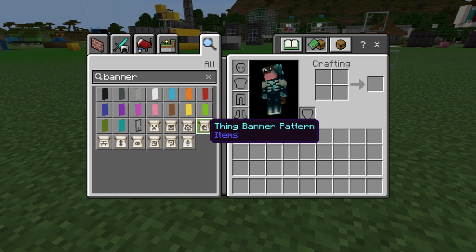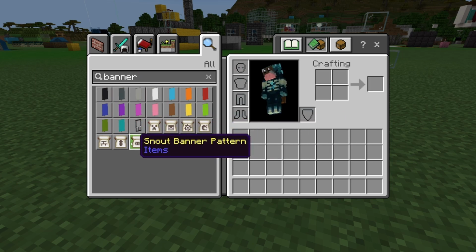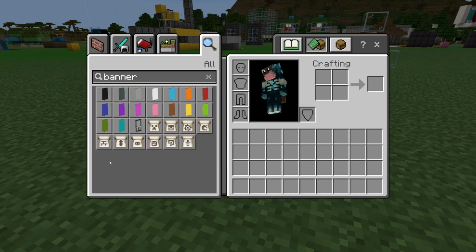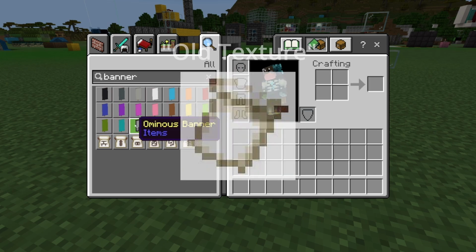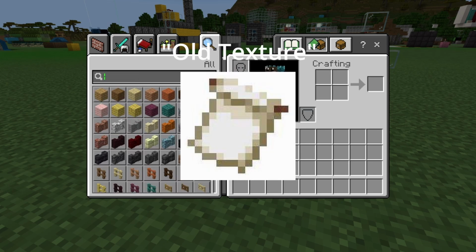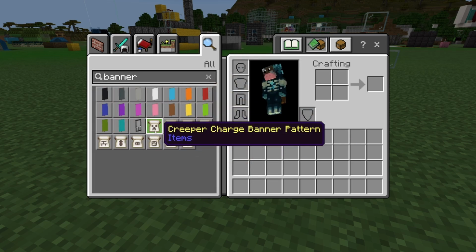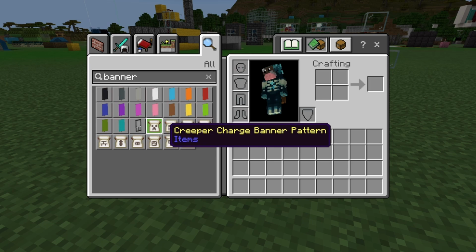will notice that the banner patterns first of all have unique textures. So banner patterns now have a unique texture dependent on what banner pattern it is to make it easily identifiable just from looking at the item. Before, they all had the exact same texture and they looked very similar to paper, but now they all have their own unique texture. And if you go ahead and look at the name, you're going to